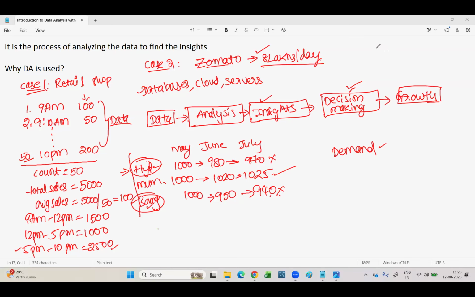Just imagine you are learning some XYZ skill set. You got some 5 interview calls per month. And you learned this data analysis, which is having good demand. This gave you 15 interview calls per month. Where are the more chances of getting the job?